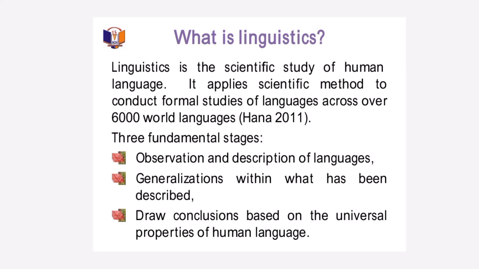Then from the data we've already collected, we observe it and describe what we feel is happening to the language. Having described it, we now have to base our description on what is generally accepted all over the world in human languages. We don't just come up with something new. We look at what is happening in languages and describe what we feel is particular from the data we've collected from that language. Based on that, we draw conclusions based on the universal properties of human language. It must be based on what is already obtained. We draw our conclusions on that.